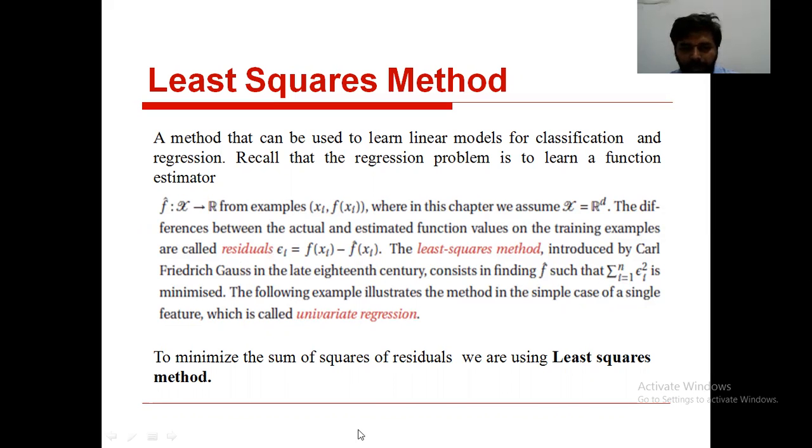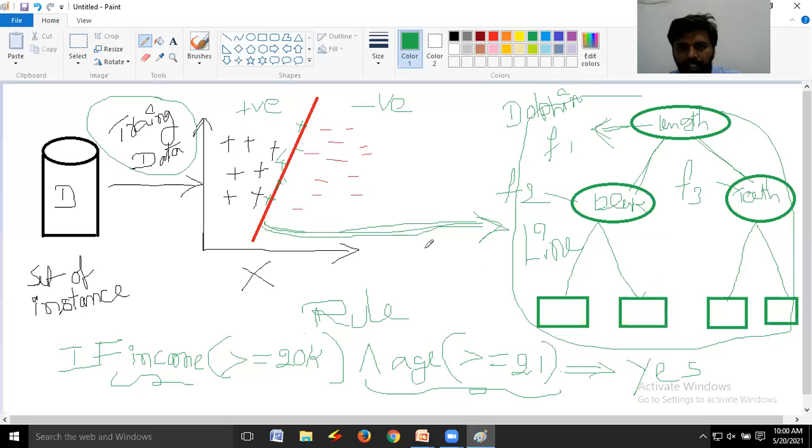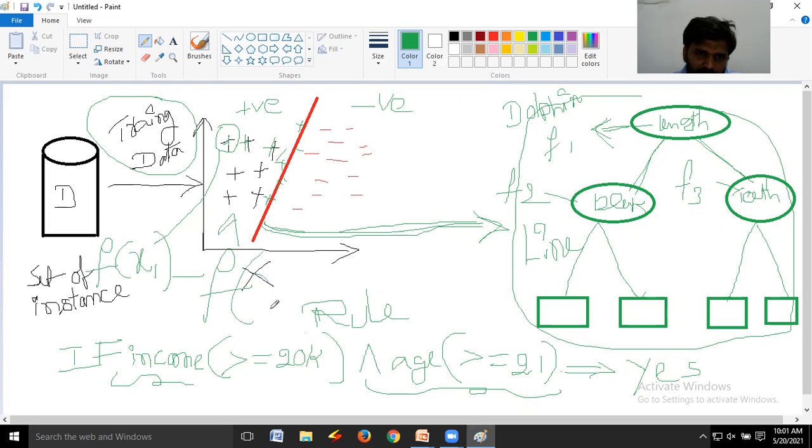Here I would like to explain this. See, this is the instance space. Assume it contains instances like this. Here, this is one instance, and this is another instance. For each instance, what are we calculating? See, this is the first instance. Then f of x1 minus f cap of x1. The difference between f of x1 and f cap of x1 is treated as epsilon 1, right?